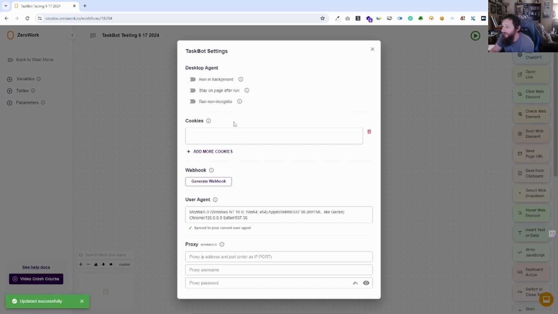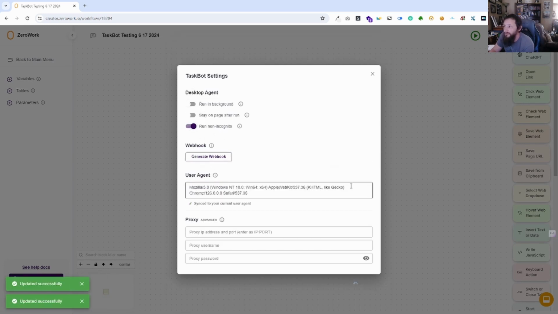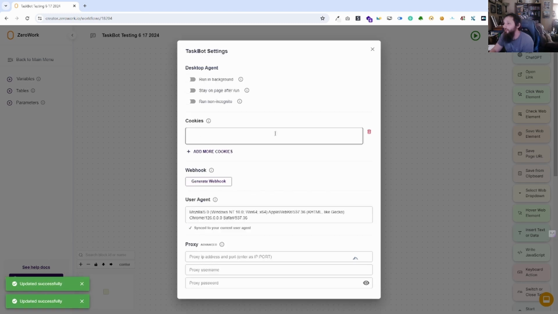Run non-incognito means you're not running with cookies. One of the things with this, and I won't show because we're not logging into anything, but incognito will be like it's actually in your Google account, what it's pulling up. It does not allow for the use of extensions like these, but it does log you in, so it's more like your account that you actually use all the time. What I have found, unless they've changed it, is to use non-incognito, you must have an email that is a paid Google